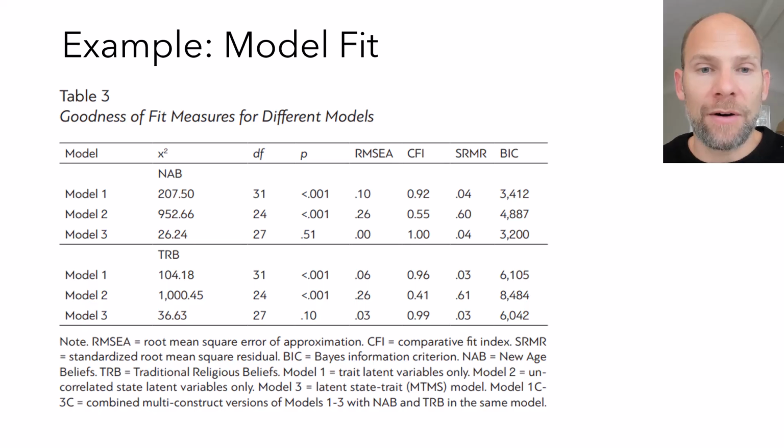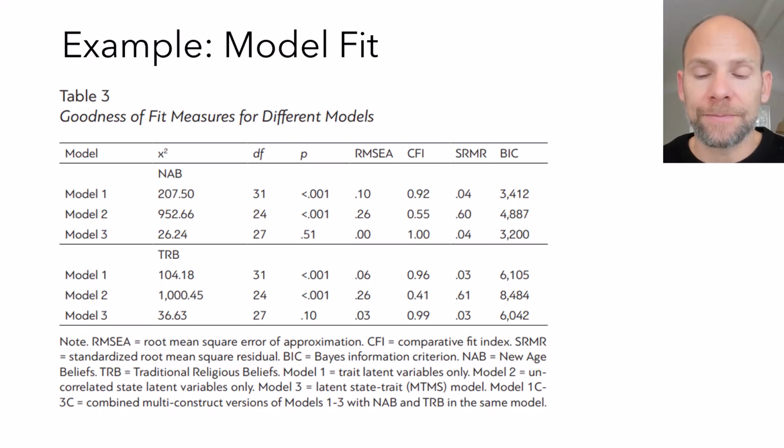So with this table we can very quickly see which model fit okay here. It was model 3 in each case, which had a non-significant chi-square p-value and also had the lowest BIC value in each case for both NAB and TRB. So a table like that is really nice to understand model fit when you fit multiple models. Also, the table note has an explanation of the abbreviations here. So RMSEA stands for root mean square error of approximation, CFI is the comparative fit index, and so on. And then also the table note explains what model 1, model 2, and model 3 were, how they differed, and so that way this table is self-explanatory, so to say,